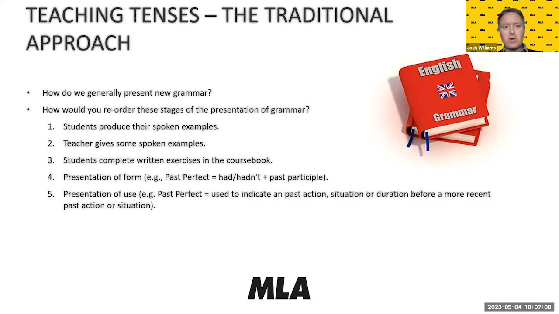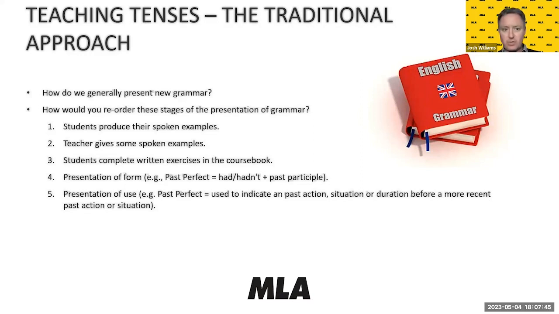So we have: students produce their spoken examples; teacher gives some spoken examples; students complete written exercises in the course book; a presentation of the form, for example, if we're talking about past perfect, had plus past participle; and presentation of use, for example, past perfect used to indicate a past action, situation, or duration of a past action or situation. So which one would you start with? Put that number first. What would you go on next with? Again, there's not necessarily a correct answer to this, but I want to see what you think